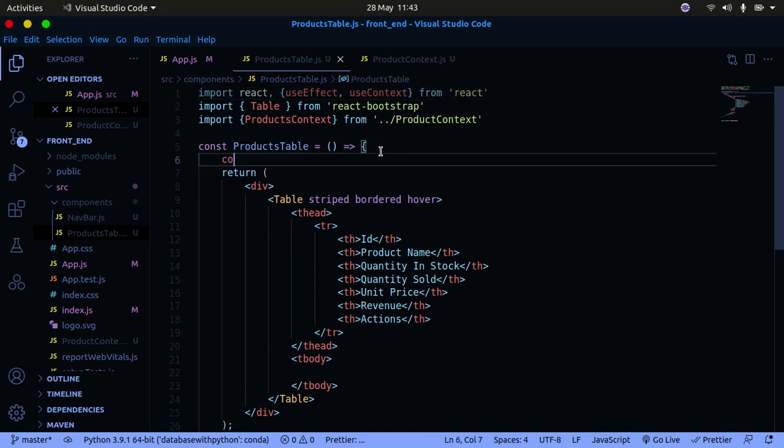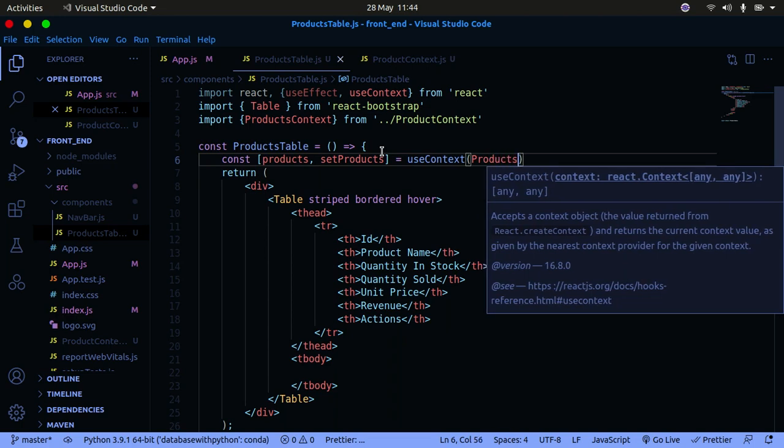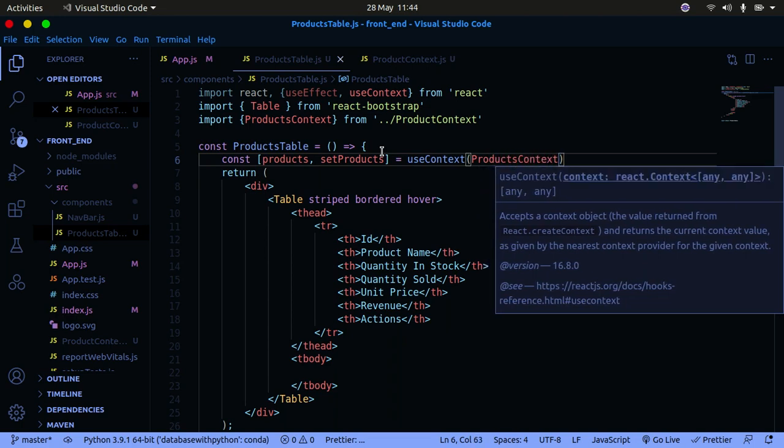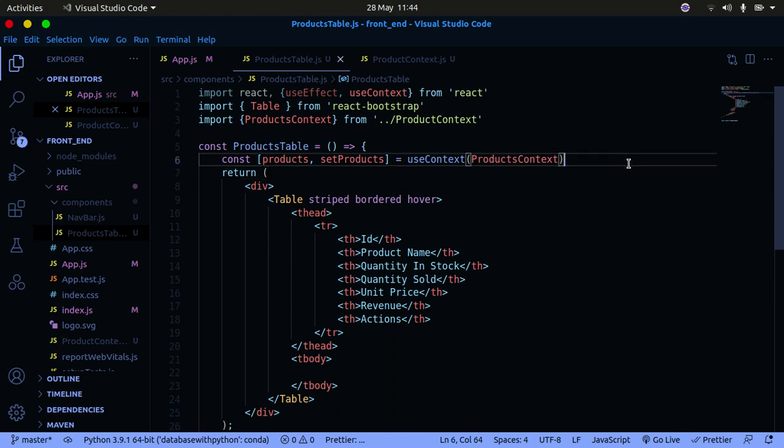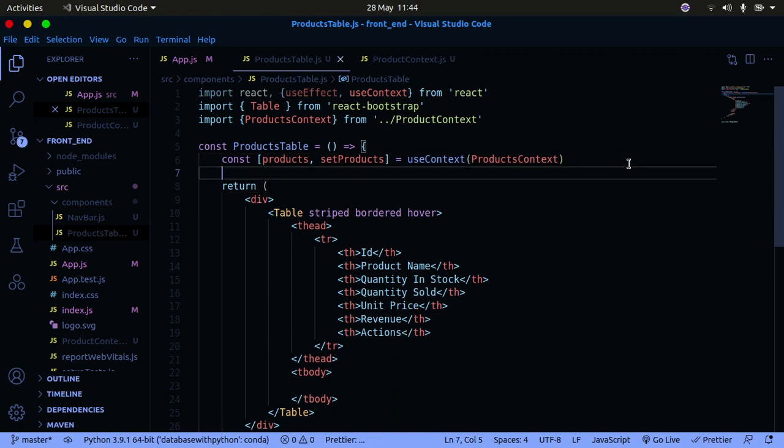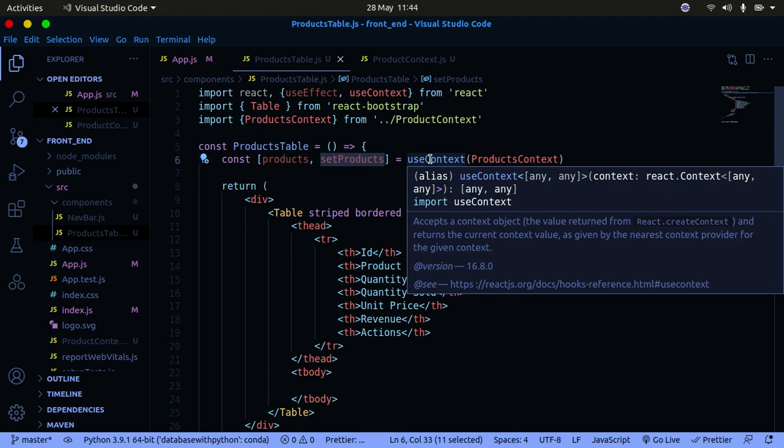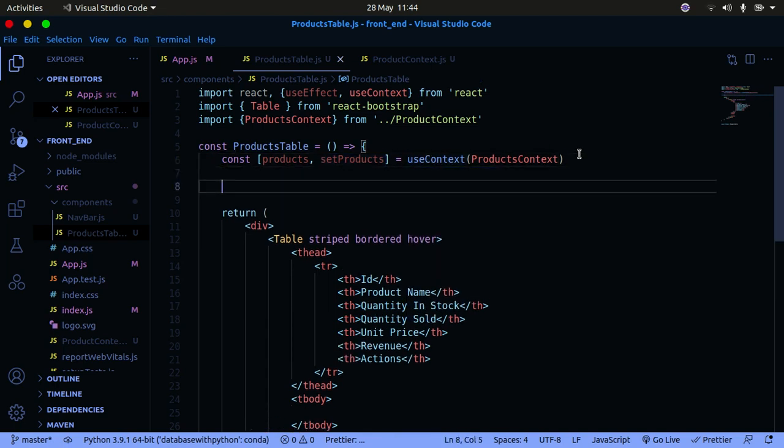So now that we have that, I'm going to create a const called products, and another one called setProducts. Sorry, this is not const, this is actually useContext, and then you pass in the product context right there. So great. Now that we have that set up, let's begin to make a request to the server, get back the products, and then use setProducts to include those products in there. So I'm just going to come down and say use